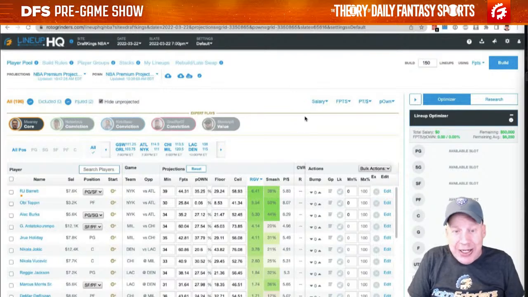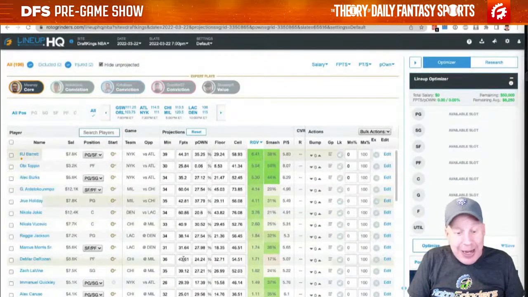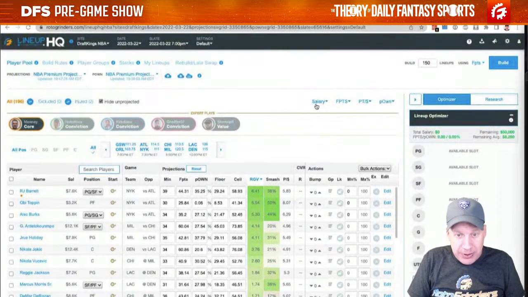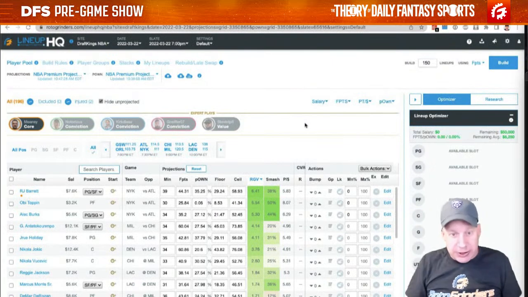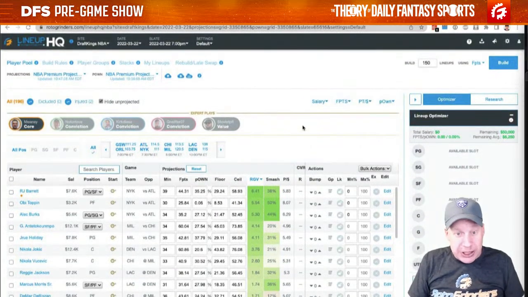Me personally, I adjust ownership because of my experience playing DFS, right? And I do it directionally accurate for my purposes. So I'm not looking to project every player. I'm just looking to project the players that matter. The higher their projection and the higher their ownership, the more important it is that I get their ownership correct, right? So I'll look across the industry. I'll look at all the projections. Now, you could aggregate them all together, but